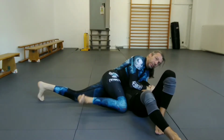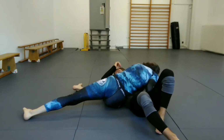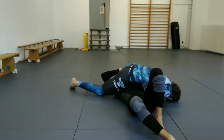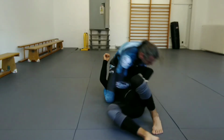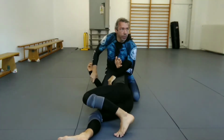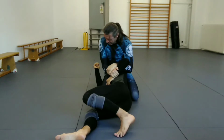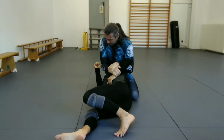And what I'm doing here is this leg straightens and comes under this arm. This leg goes over his head and behind his neck. And now I just sit up, and I've got this arm trapped under my leg. So it's actually pinched between my thigh and my calf, and it helps me control this arm because now if he tries to grab his hand,